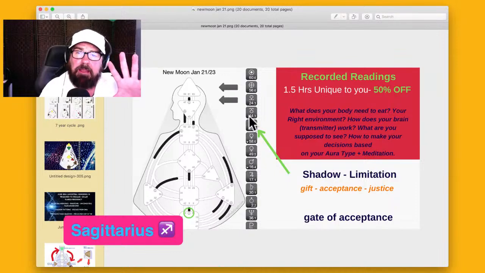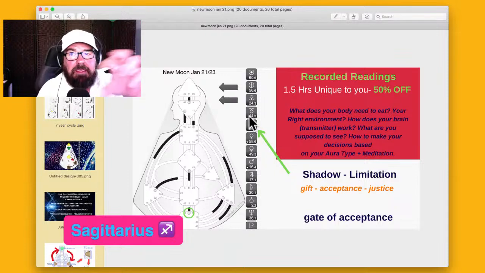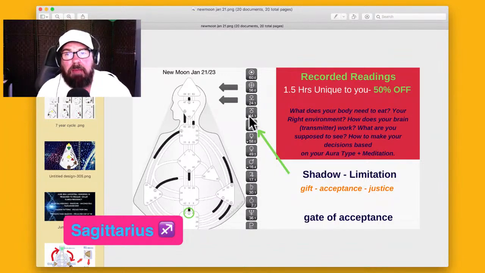And it's about accepting the limitation, whatever limitations you're experiencing in your life around money, just accept it. You're not going to transcend it by running out and listening to the ego and falling for those money traps. Oh, I have a money problem, I just have to do this. It's not the way it works. You're here to evolve and to grow as a spiritual being having human experiences. You go inside. That's the source of the problem, is inside, right? And it's about feeling. That's it for Sagittarius.